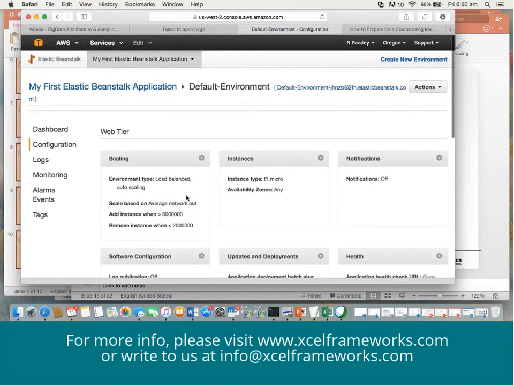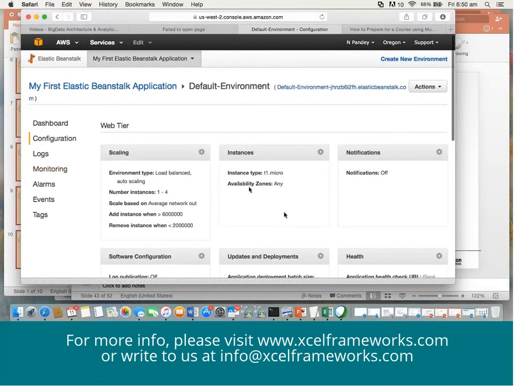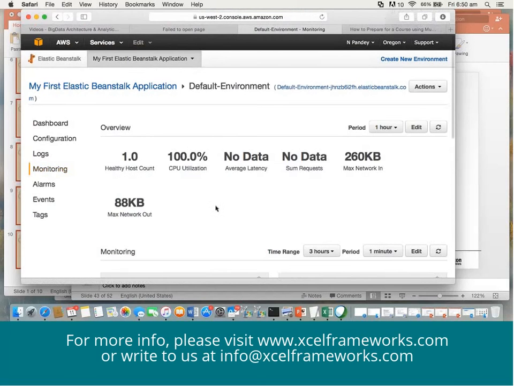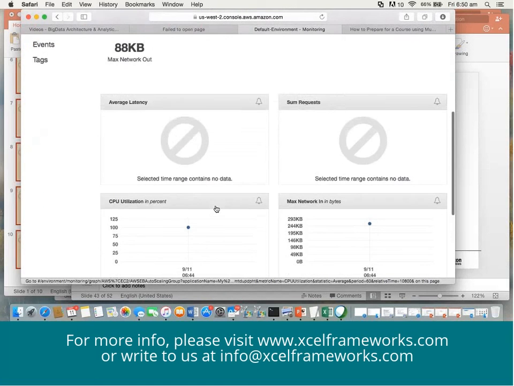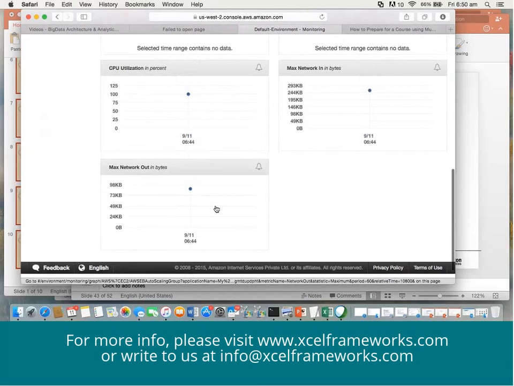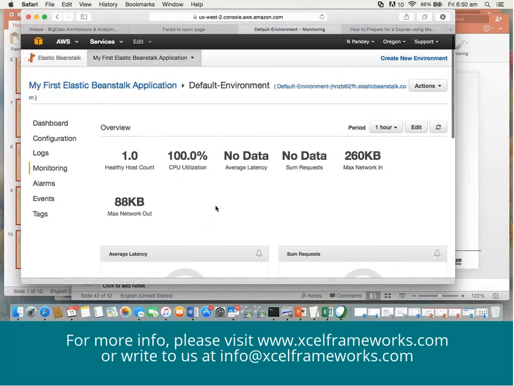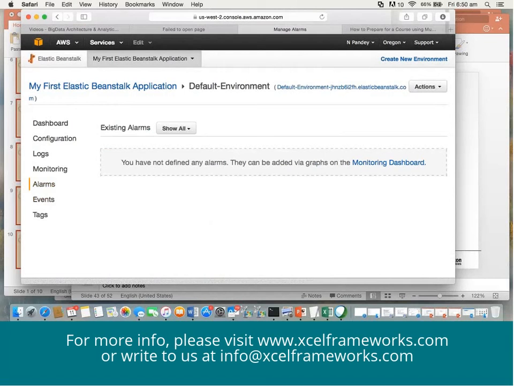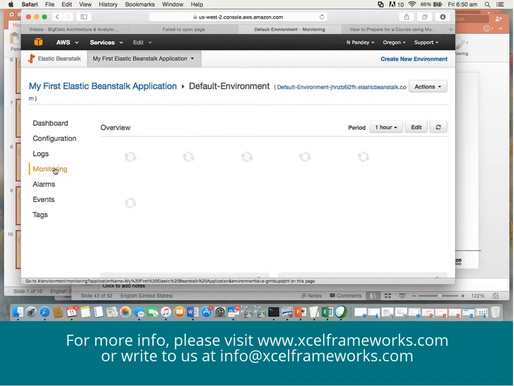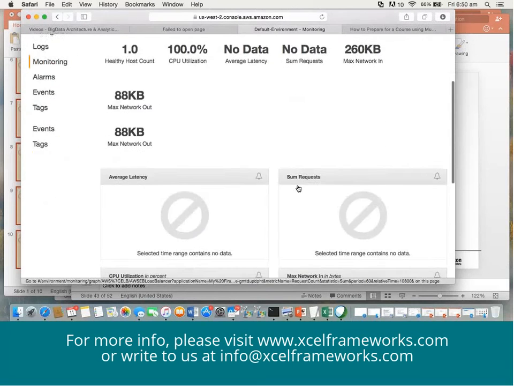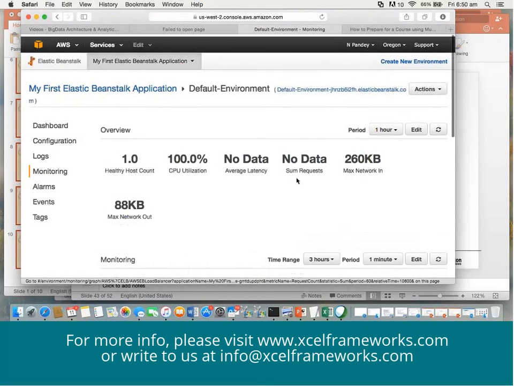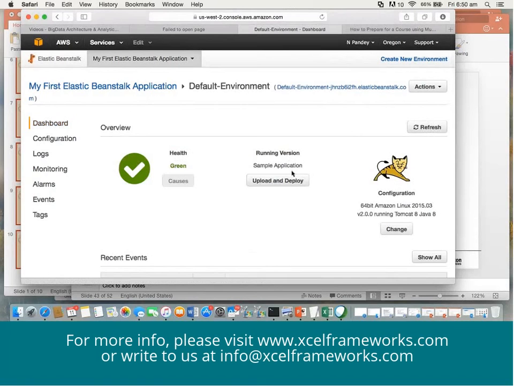So, you can click on monitoring now, and it provides you the current level of utilization. As of now, nothing is deployed, so you are seeing it blank. Right? You can go and see the alarms. As of now, there are no alarms, right? You can add them by going to the monitoring dashboard. So just go to monitoring, and you can add whatever you want from here. Right? I'll go to dashboard, and here I have deploy and undeploy.